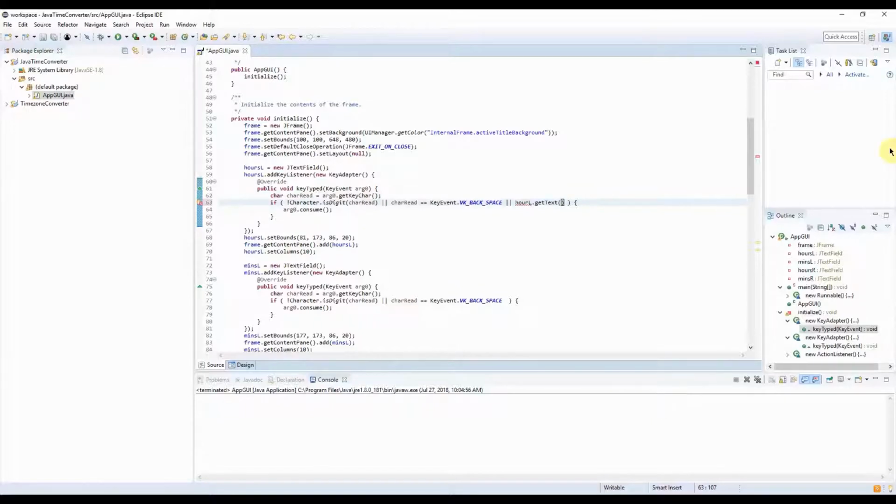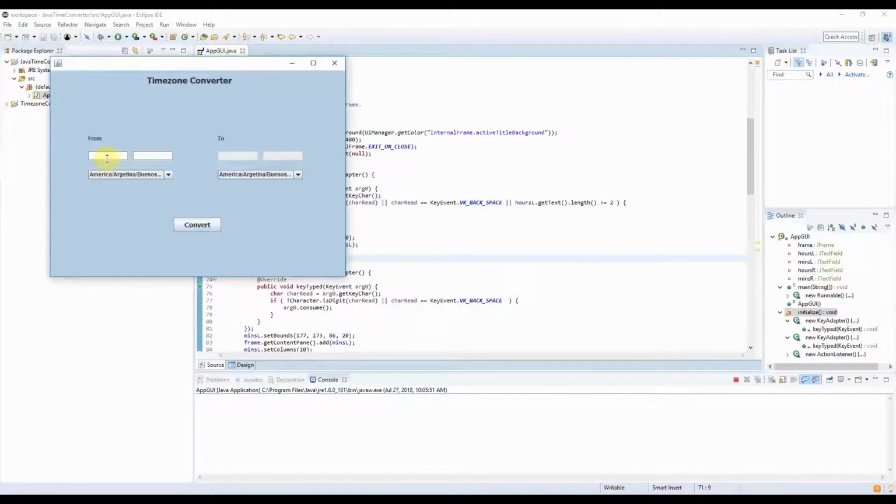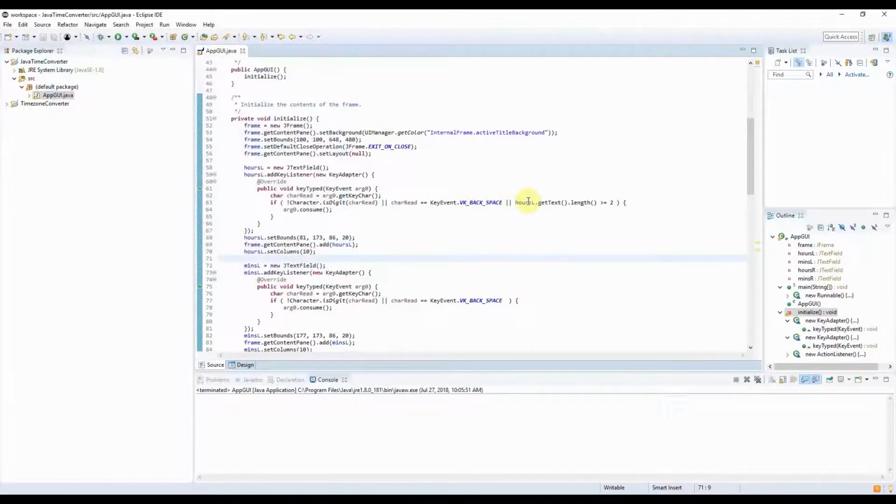So we are going to get the text, its length. If it's more than 2, we won't allow any more input. Let's try that. 1 1. I can't write anything more, but if I delete, I can. We still didn't copy that here, so